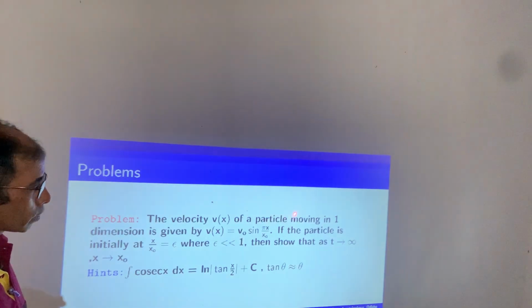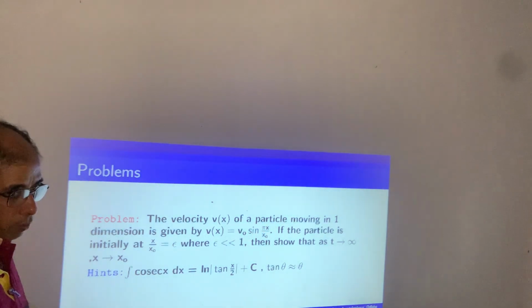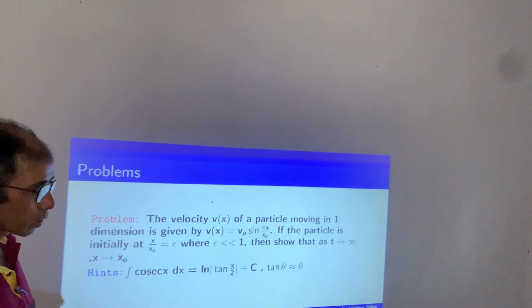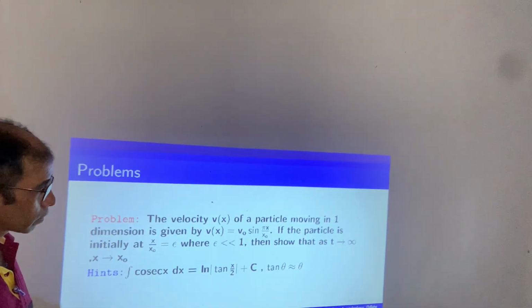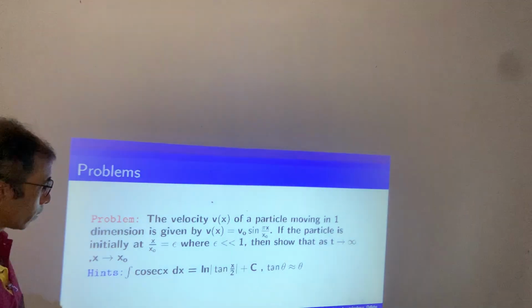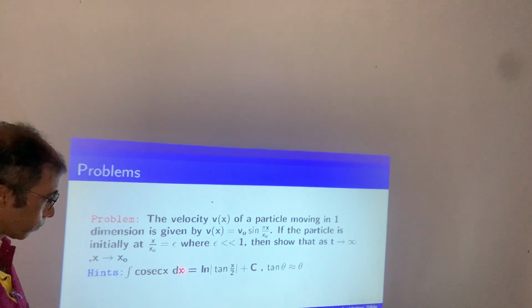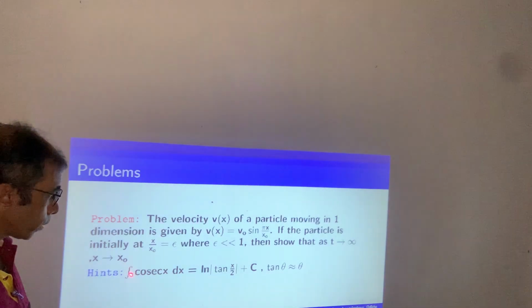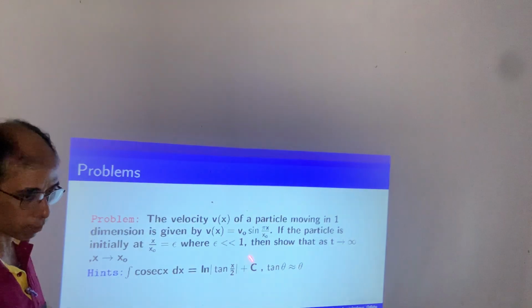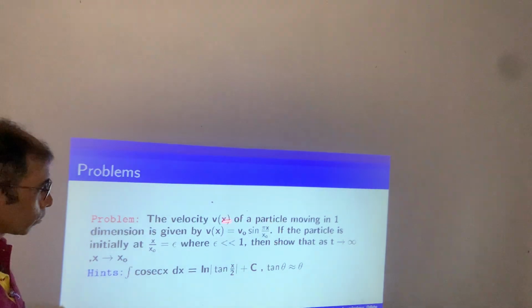Take sin(pi x by x0) to the left-hand side, so we will have dx cosec(pi x by x0) is equal to v0 dt. Integrate it. I will put in the integration result also: if you integrate cosec x dx, you get log tan(x by 2) plus an integration constant. So if you do this integration,